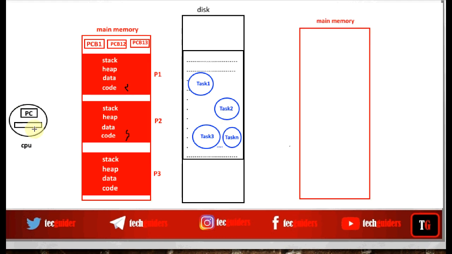Now in the program design, instead of creating separate process to handle each task, let us create separate thread to handle each task. Now it's time to execute the program. So we loaded the program from the secondary memory to the main memory, allocated an address space for it, and allocated a process control block.